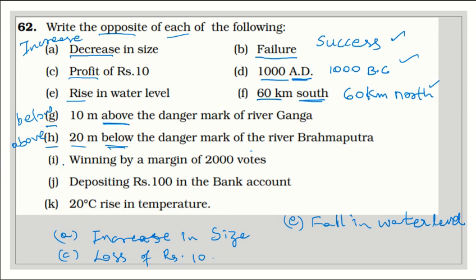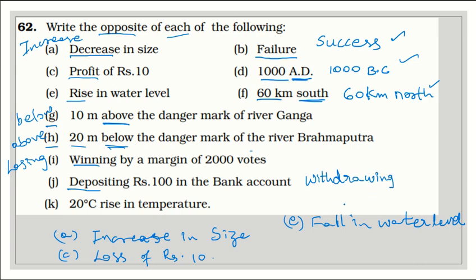In the case of I, winning by a margin of 2000 votes, the keyword is winning and opposite of it is losing. Next, in the case of J, depositing rupees 100 in the bank account, the keyword is depositing, and opposite of that is